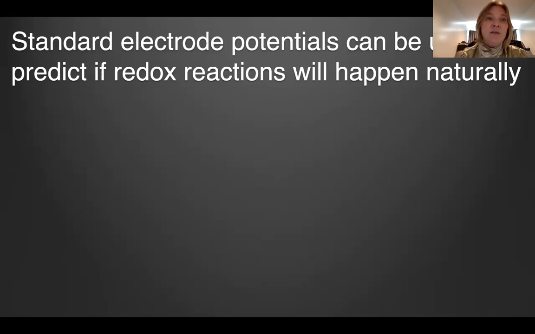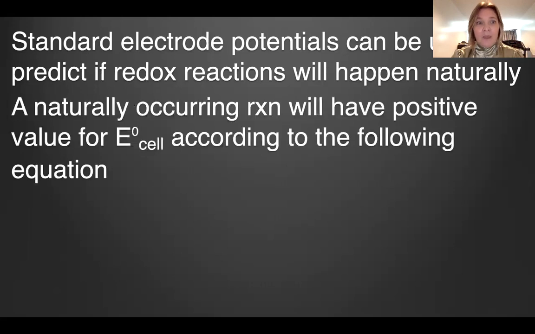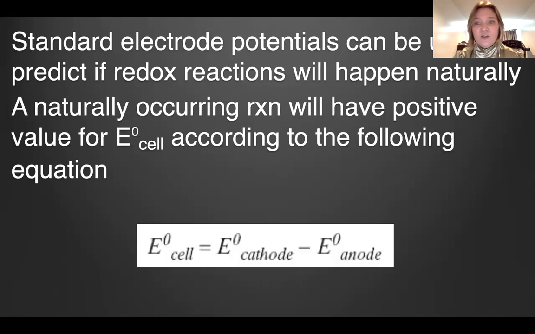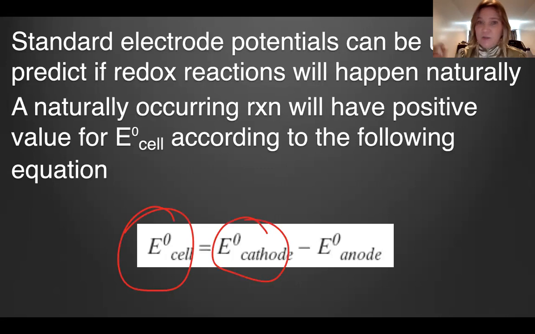So a lot of times I indicate to you guys, okay, so why are we learning this? What's the point? This is the practical application. A naturally occurring reaction will have a positive value for the electrode potential for the cell according to this equation. So the electrode potential of the whole cell is equal to the electrode potential of the cathode minus the electrode